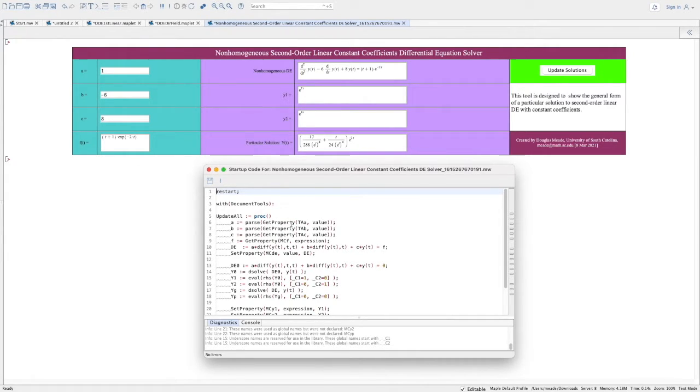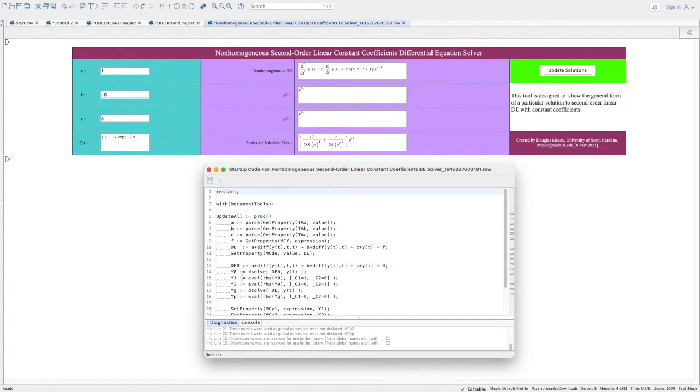We get those from the text areas in the math container. We then put them together to form the differential equation, and then I write that differential equation into this field, math container DE. All right. Then I look at the corresponding homogeneous differential equation. I solve that, and I construct the two